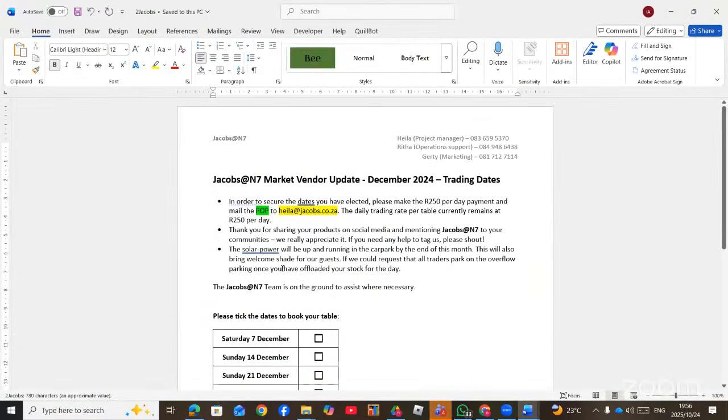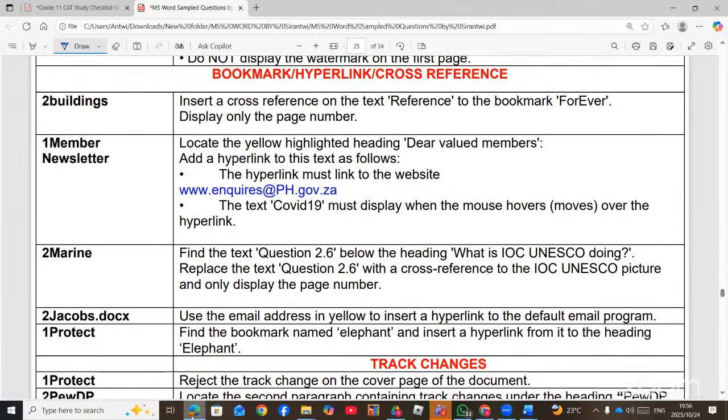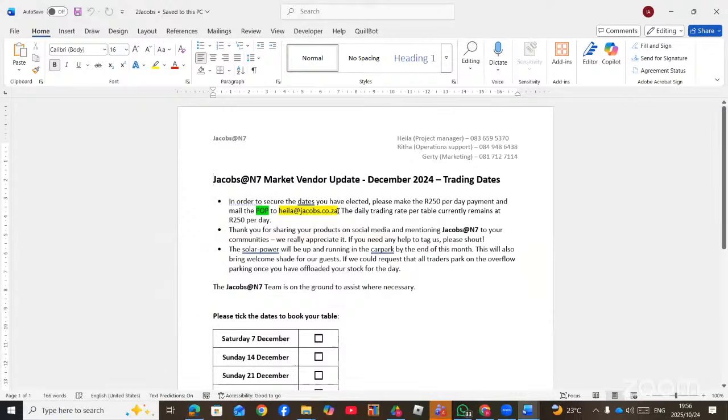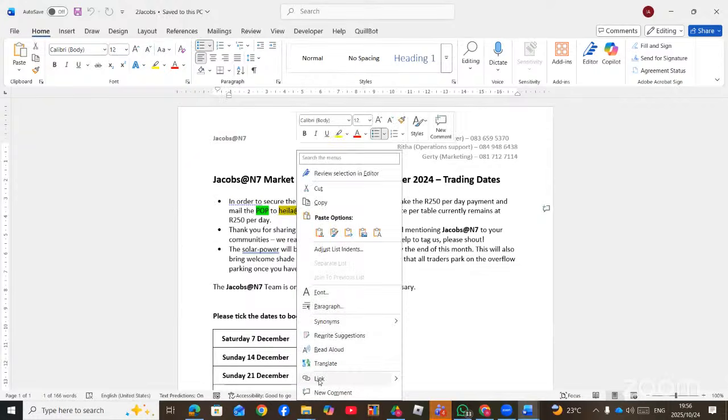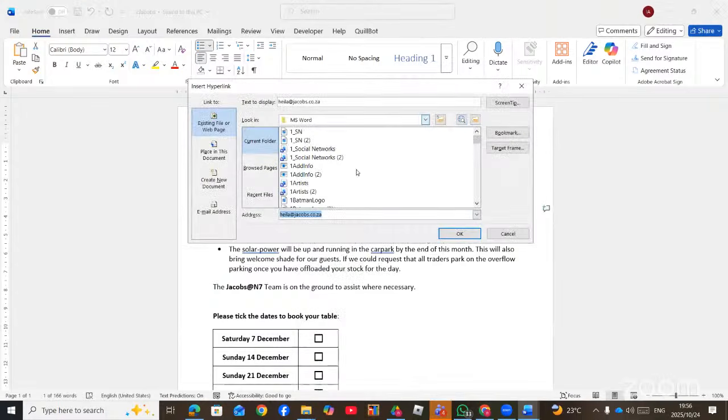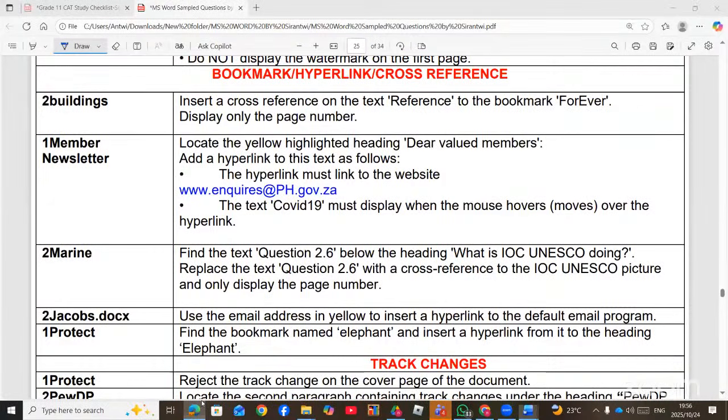Right, here it is. Now, the question again says, locate the yellow highlighted heading, Dear Valued Customer, add a hyperlink to this text. The hyperlink must be linked to the address as you see there, and then also the screen tip. So this is the yellow highlighted. We are inserting a hyperlink. So we highlight it, and then you right click, then you choose link or hyperlink. Now we are linking to an address, so we type the address here, enquiries at